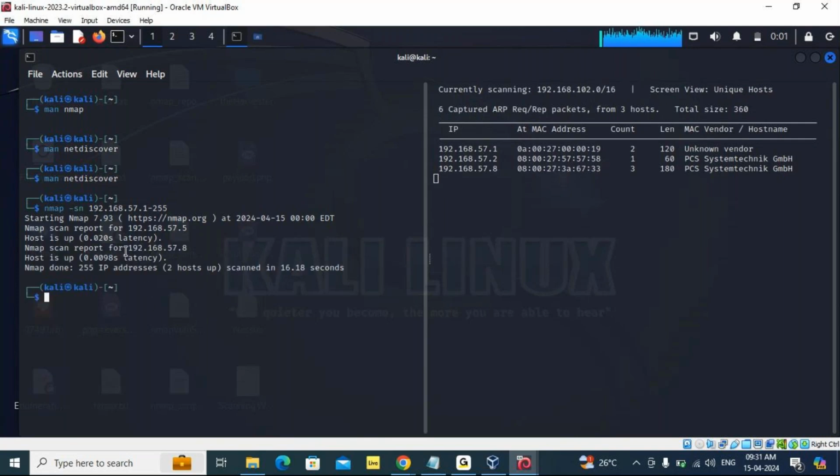So this is our target, 57.8. So here also we found 57.8. Then after finding this target,